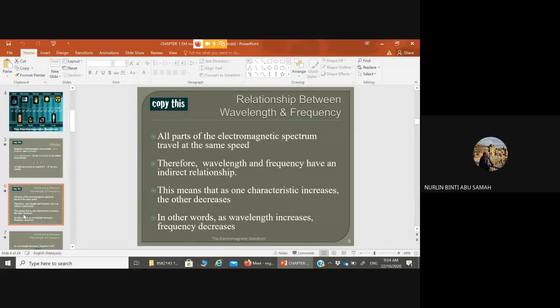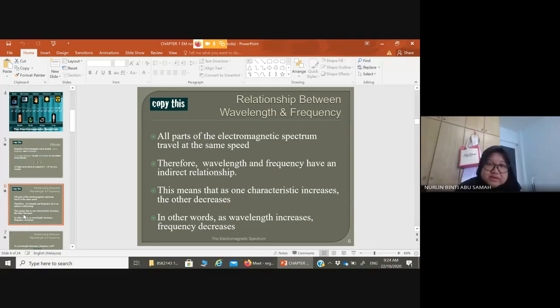Okay, next. So what is the relationship between wavelength and frequency? By the time we want to understand the relationship, we must know the formula. Just like what I mentioned to you just now about the formula of energy equals to hc over lambda. So in this case